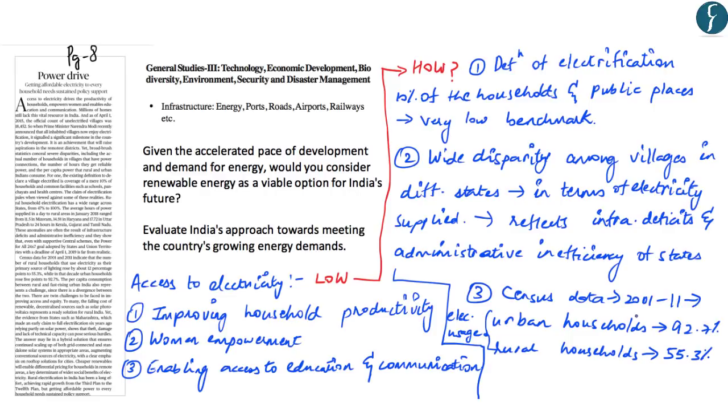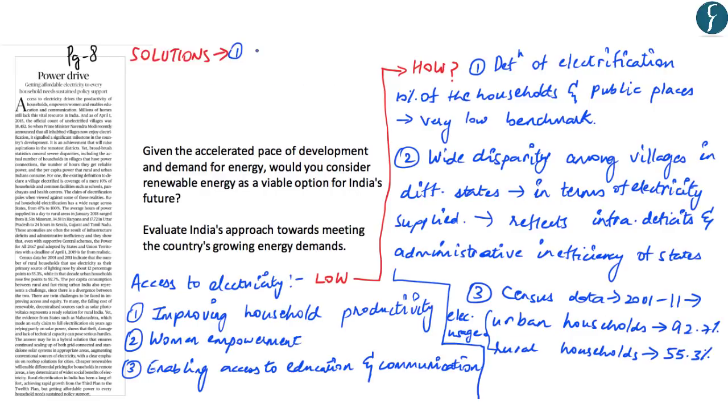And so this census data reflects that there is a large divergence between electricity usage between urban households and rural households, and this shows that access to electricity is low in the country. So in this respect, the article provides two solutions that should help in improving the access to electricity in the country. Firstly, as we know from the past few years, one of the important sources to improve electricity access that is being considered by the government is renewable energy, or mainly solar power.